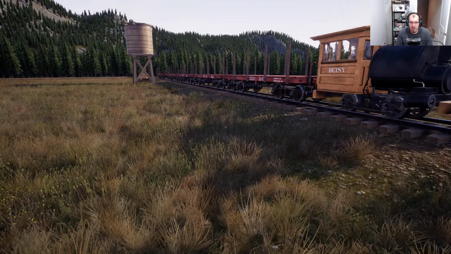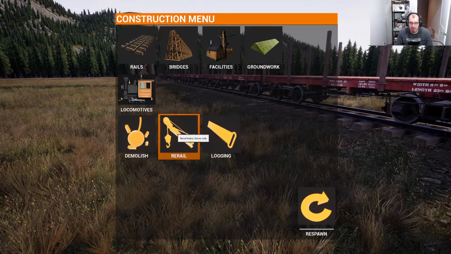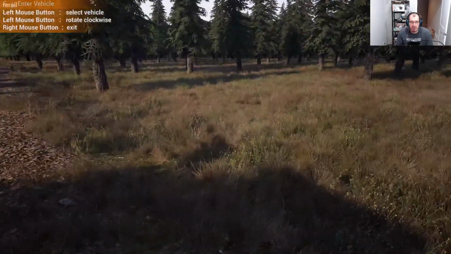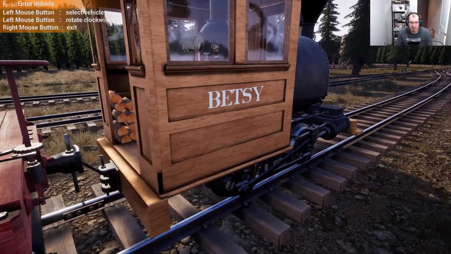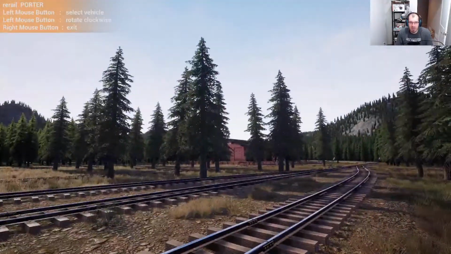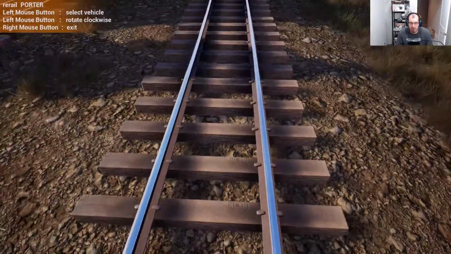Awesome, thank you. The other thing that you will use a lot is Rerailing. The other button down here. It's kind of weird. So you click, you see on the top left there, it says Rerail, and there's some instructions, but not really. You go here, you click on Betsy. Now it says Rerail Porter. Cool. If you look around, nothing's going to happen. But if you go on the track and look down,